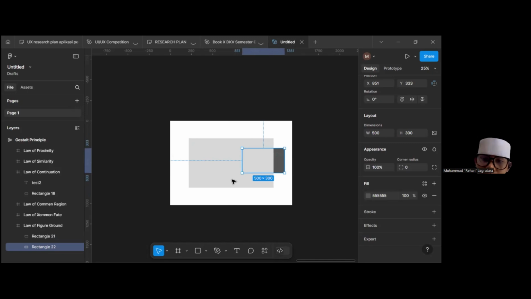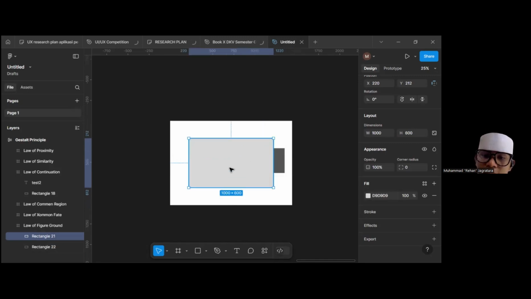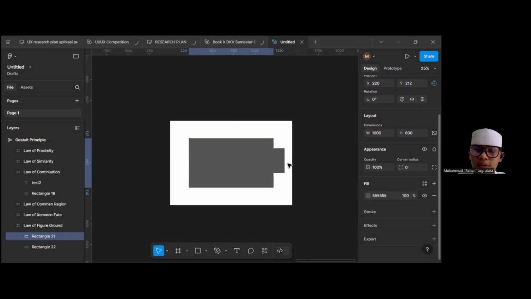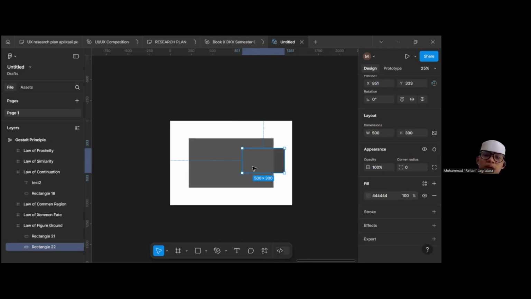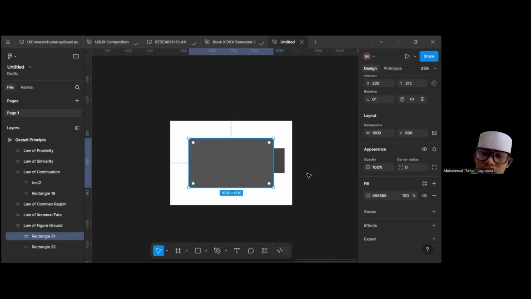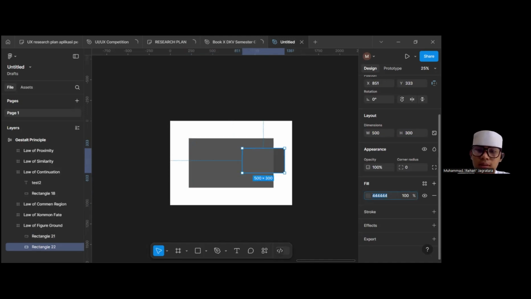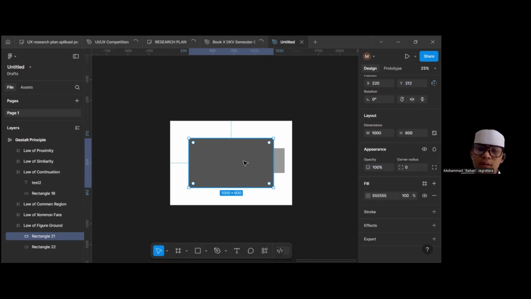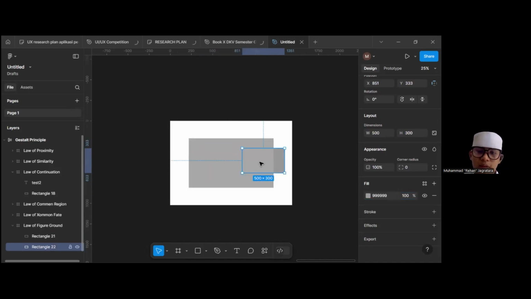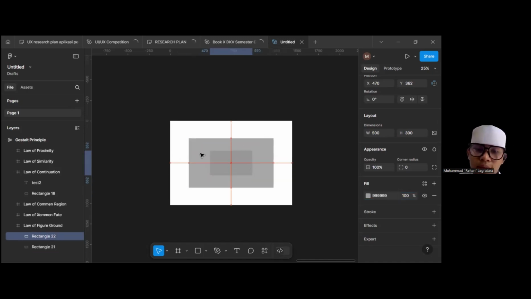Now we recognize this as the front one, even if this is light, it is still the front. Now we change this in front, and this is the front.